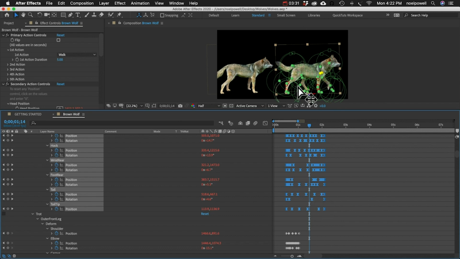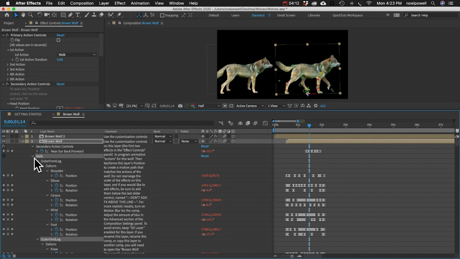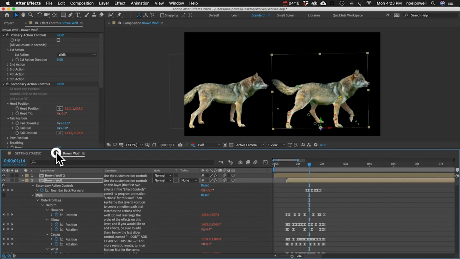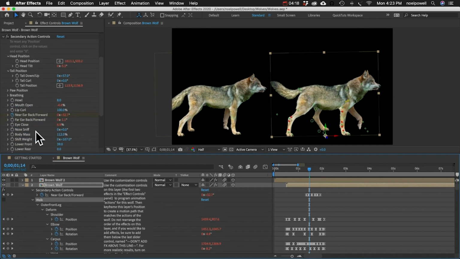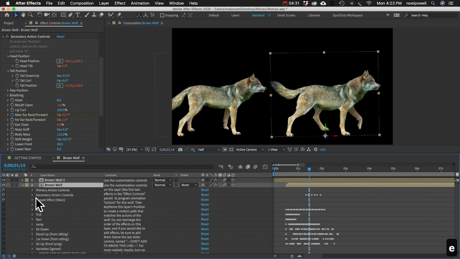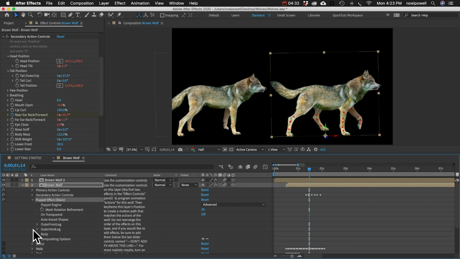And he's still walking, it's just a slower walk. Now, if you wanted to make a change to the action, you can always edit these keyframes. So that is one way to customize, in case you're not getting all the control that you need using these controls. You can either edit the action, which will loop, or you could just go to the main puppet effect